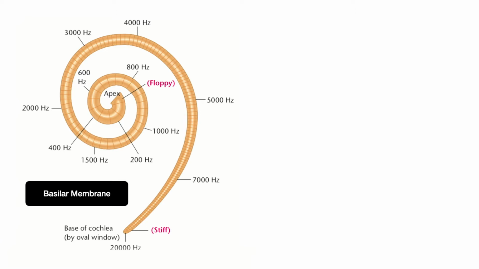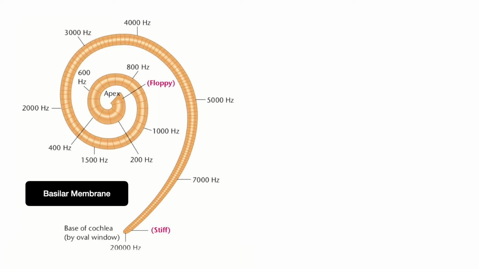And you can see the different hertz, the different frequencies. 7,000 hertz is 7,000 vibrations per second, then 5,000 vibrations per second, 4,000 vibrations per second, all the way down to 600 hertz, even 200 hertz as it goes down. And these are the different frequencies in terms of the pitch. Really low notes have low frequencies, and really high pitch notes have high frequencies.